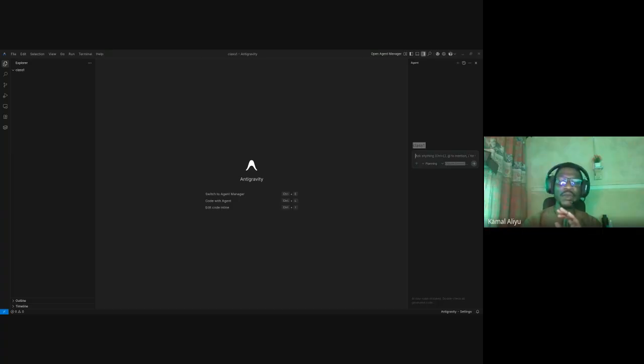In Antigravity, just like other tools, you can select the model that you want to use. In this case, I'll go with the Gemini Pro High, and we have planning and fast. In other tools like Cursor, when you select planning, it's not actually going to write code. It's just going to list the plan and how it's going to execute the project that you're working on. But in Antigravity, planning is also going to write code for you. But I don't want us to write code at the beginning. I just want us to focus on seeing the plan of what we are going to build.